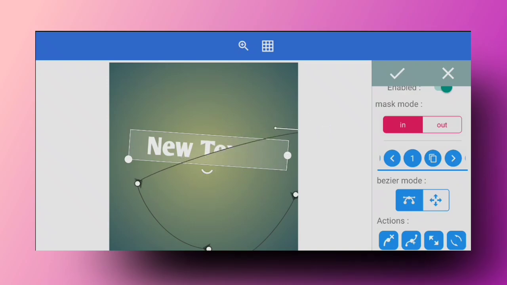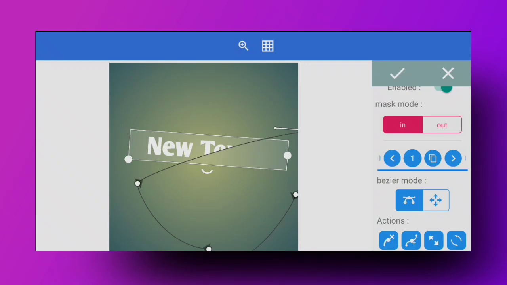Just apply it like this, and you can slice your text into two parts. I have a video with this trick that you can watch. That video is the first or second tips and tricks video, where I used this mask tool to create the slice effect on text.